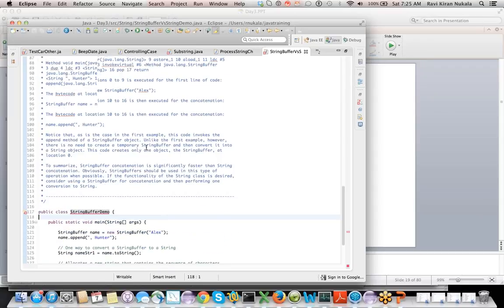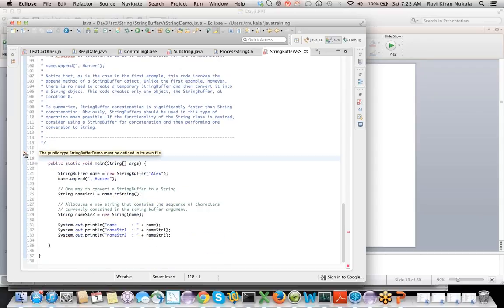Can anybody tell why it is complaining here? The file name is string buffer versus something, and the class name is string. Somebody is really low. You guys have to come closer to the mic. Yeah, the class name is different and the file name is different. Can we have more than one public class in a file?